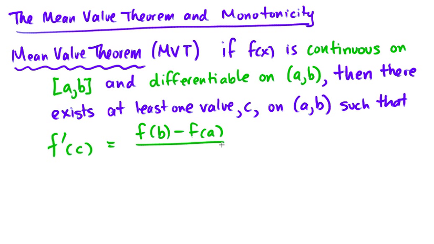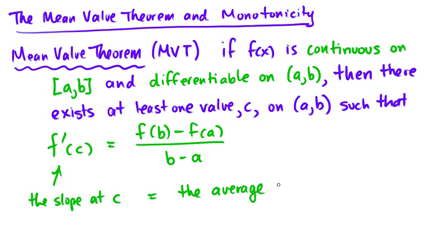And so it's y2 minus y1 over x2 minus x1. So this is the slope at c, and it has to equal the average slope between the endpoints